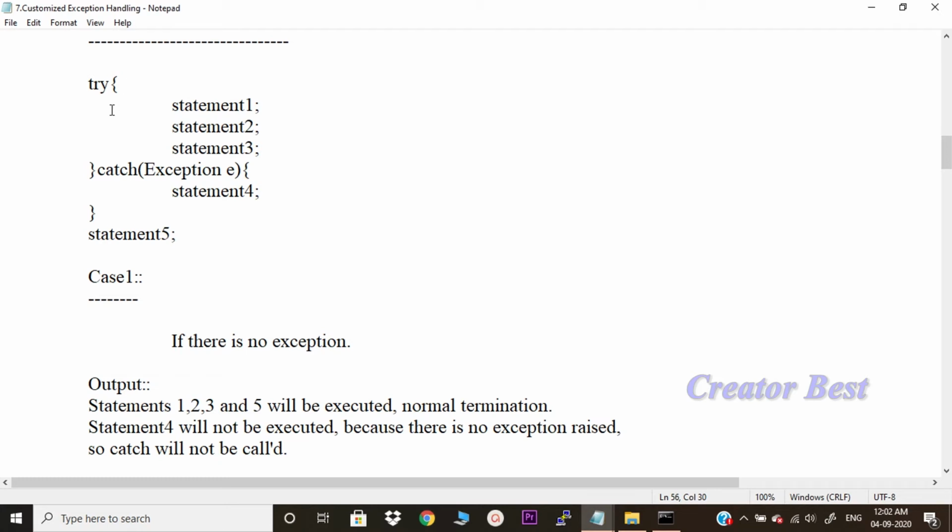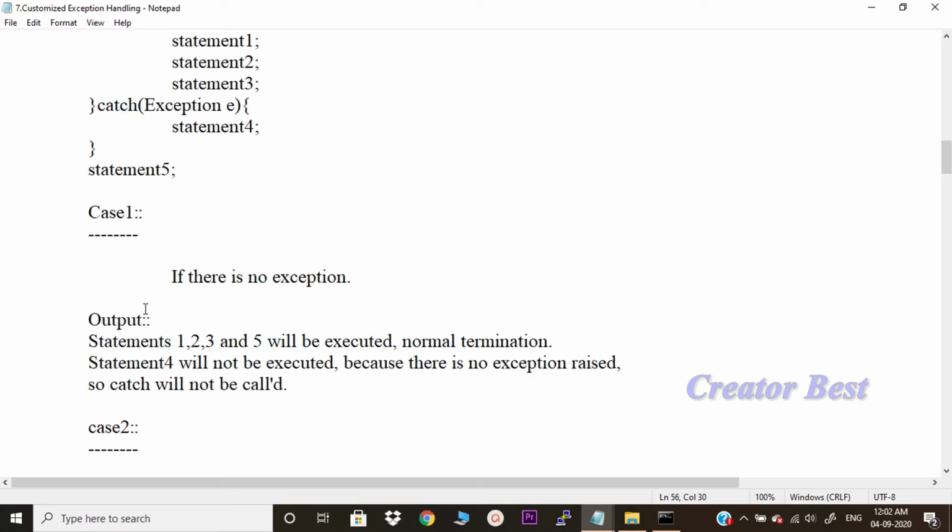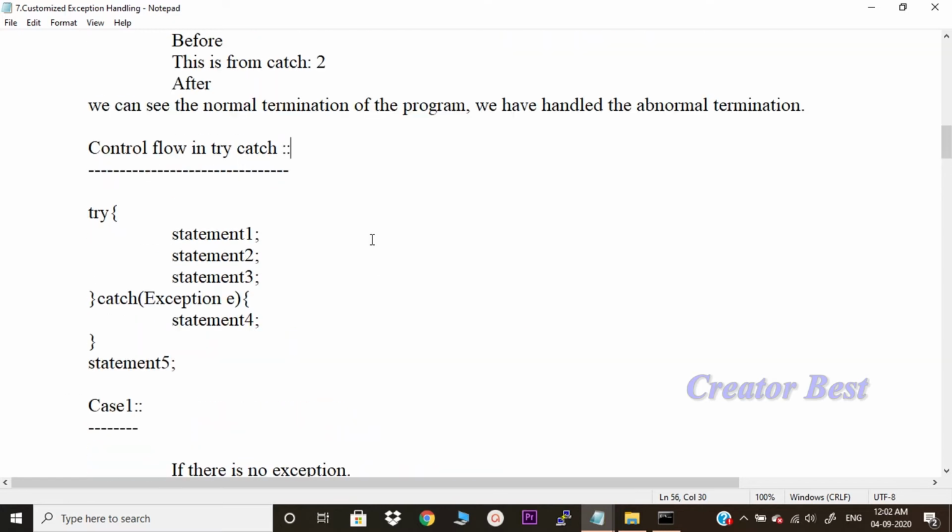So after executing all the 3 statements, it will go after the catch statement. So statement 5 will be executed. Statements 1, 2, 3 and 5 will be executed with the normal termination. Statement 4 will not be executed because there is no exception raised. So catch will not be called. This is case 1.